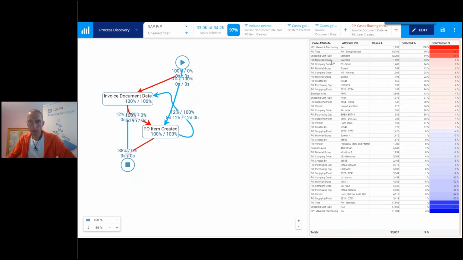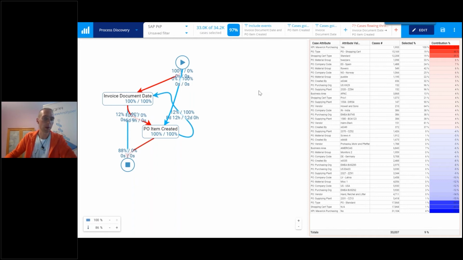And then also the material group has the challenge. 33% of them have the invoice first. Whereas in this other area, like this supplying plant 2331, only 1% of the cases are having the problem that the invoice comes first. So you immediately see areas with high percentages which are potential problem areas